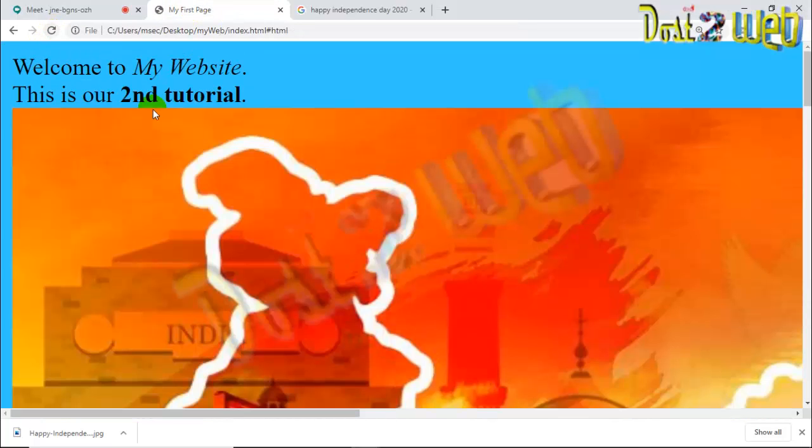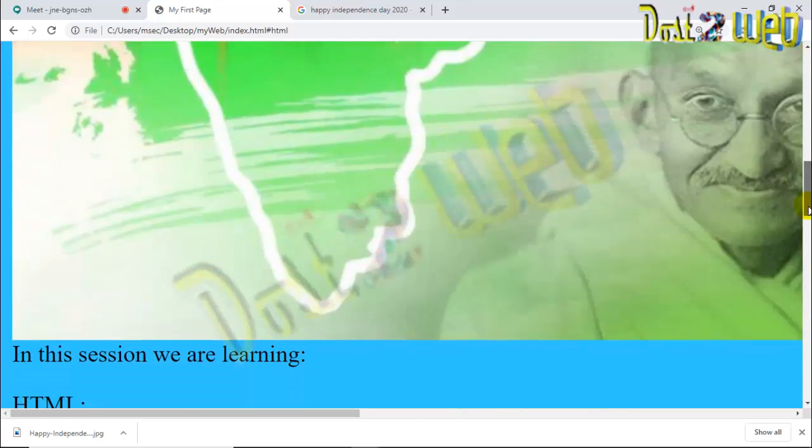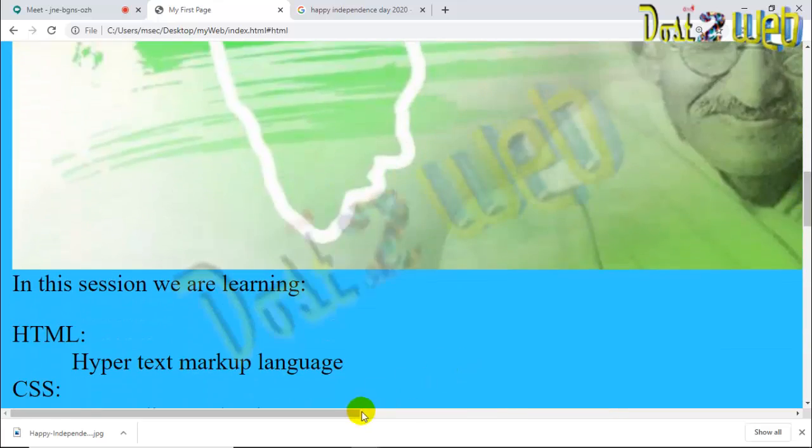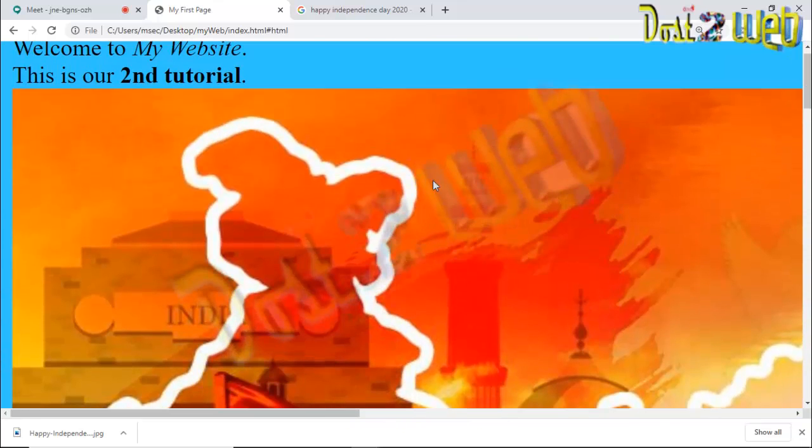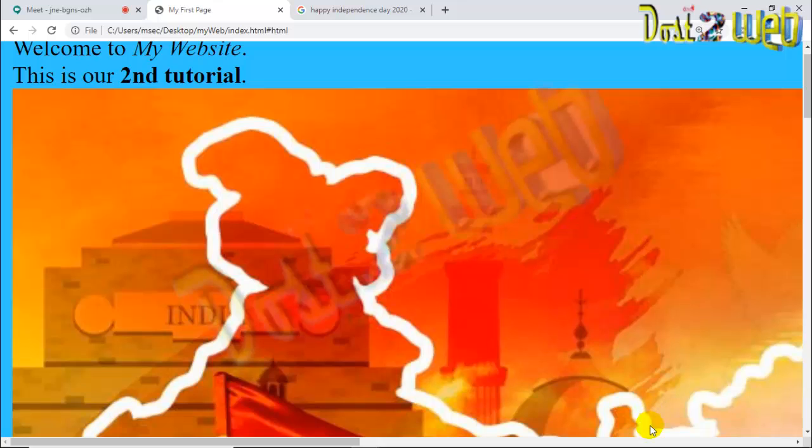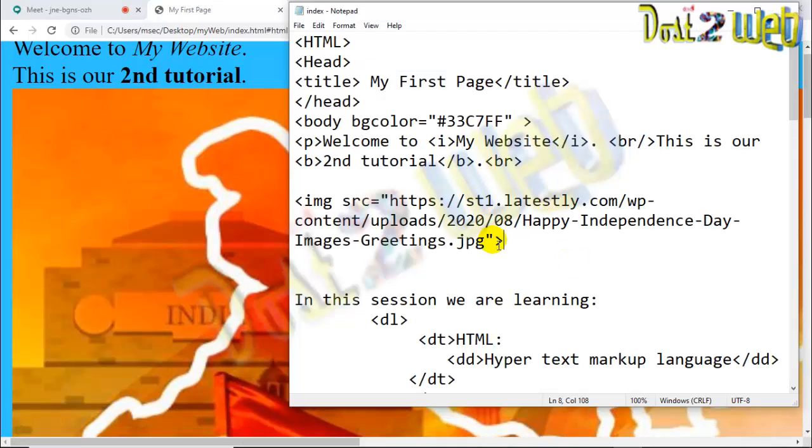Okay, so let's execute and see what result we get. See what happened? The actual size of the photograph appears by default, and you can see that even a scroll is coming. So we want to specify some size for this image, because this does not look good as it is covering the entire page. So I'll add the height and width.